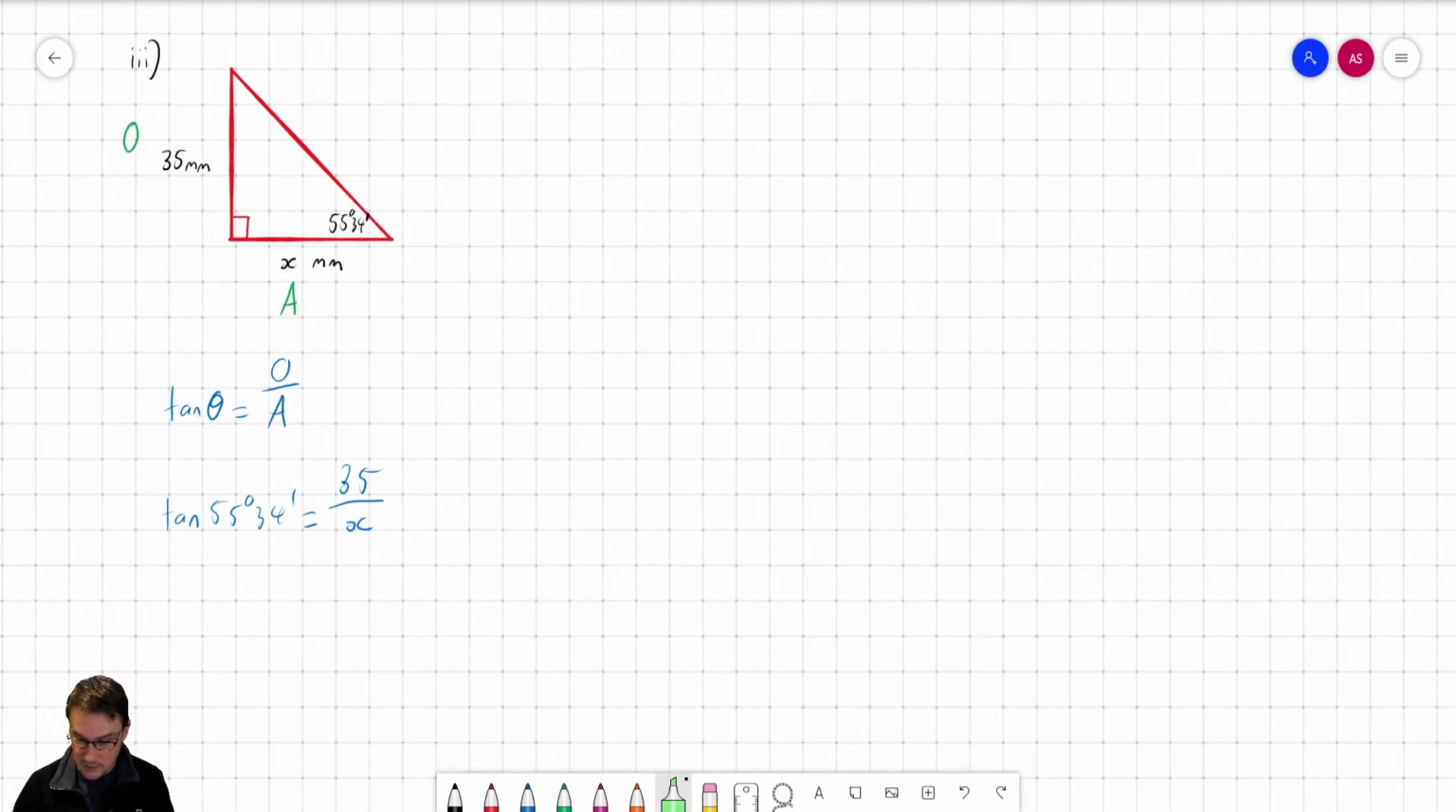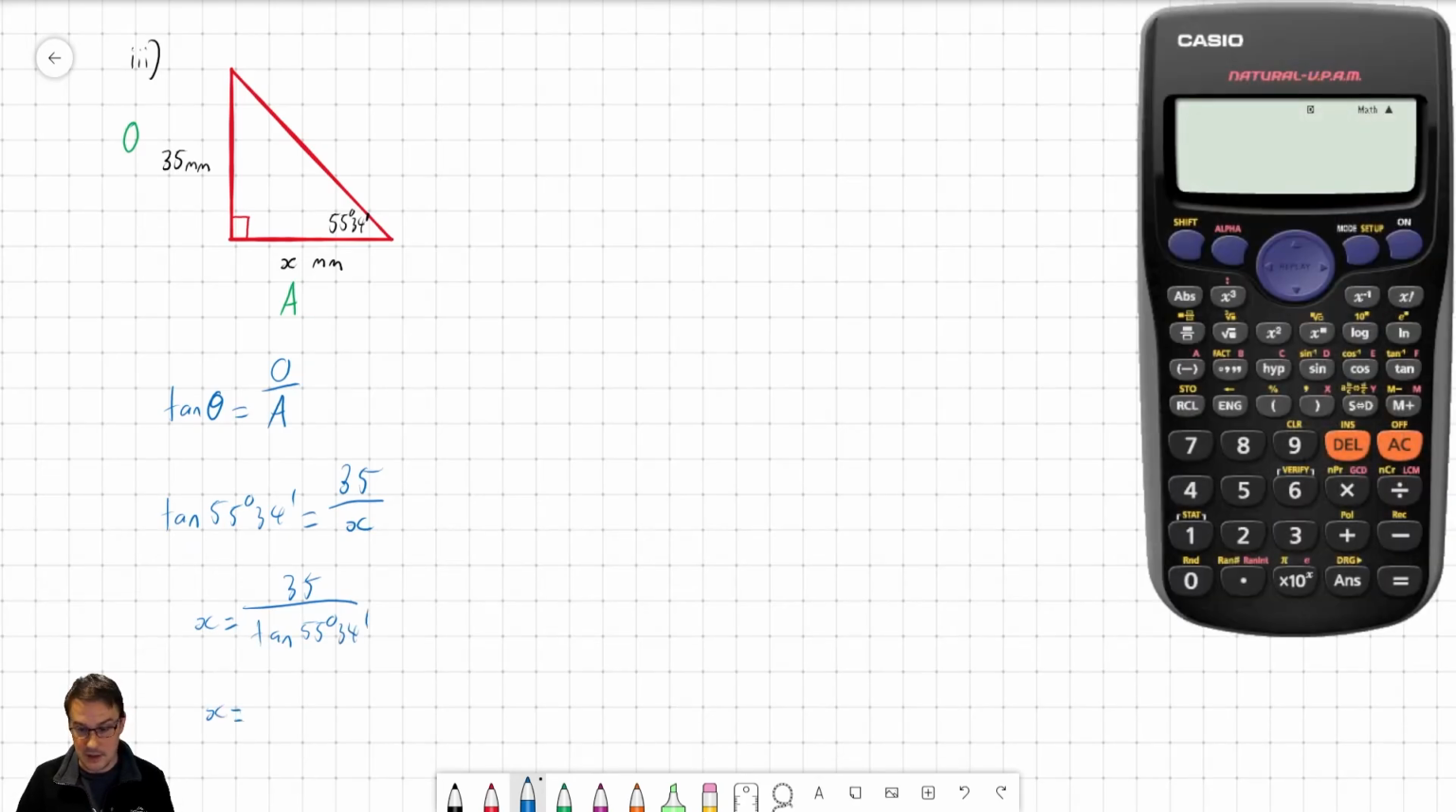Now, what we're going to do is multiply both sides by x, and once we move that x to the other side, we can divide by the tan ratio. But what you might notice is effectively these two values are just swapping their places here. So as we swap them, what we end up with is x is equal to 35 over tan 55 degrees and 34 minutes. So from here, we type this into our calculators. So we're going to have 35 over tan 55 degrees, 34 minutes, close the brackets off, and that's going to give us